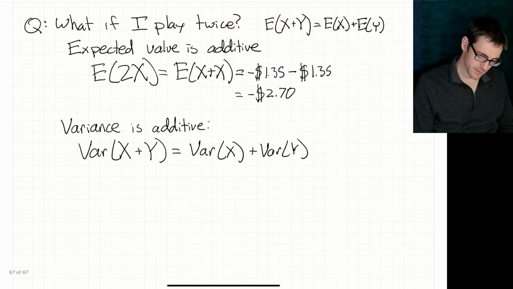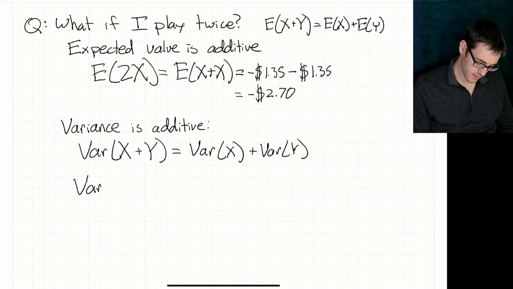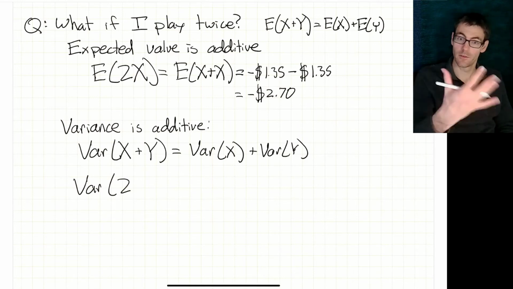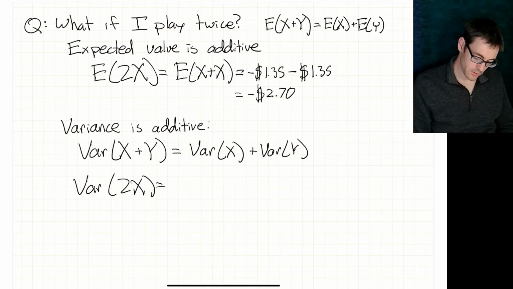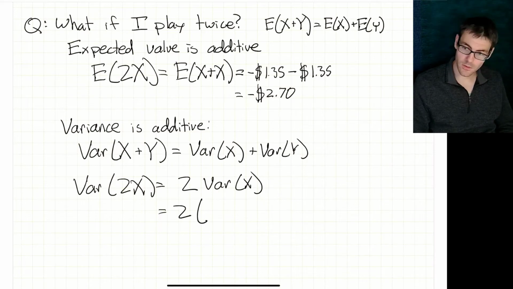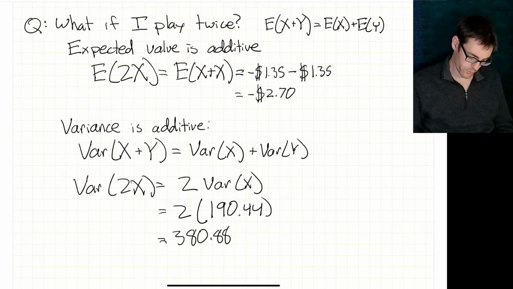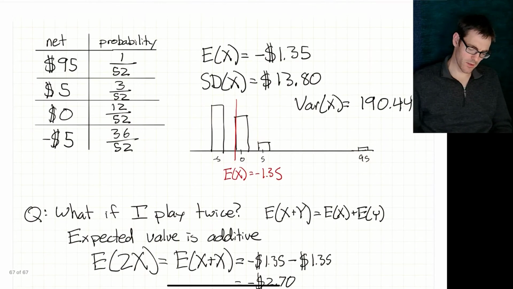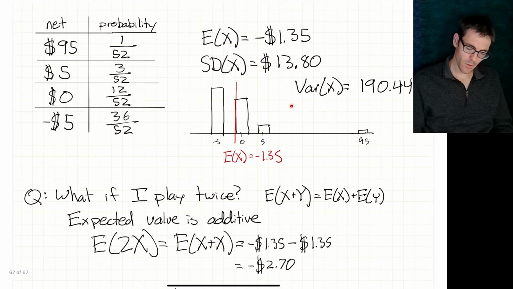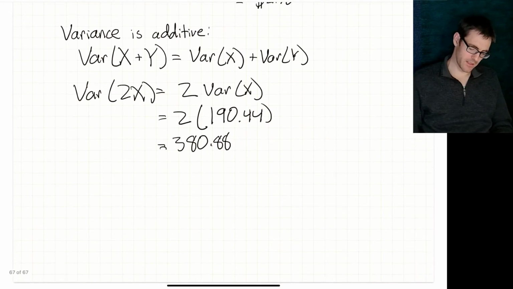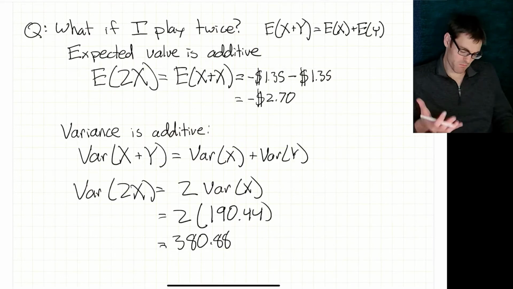So the idea is that if we want to know the variance for multiple instances, then the variance, in our case, of 2 of these games, well, that's just going to be twice the variance of one of them, which is 2 times, what did I say, 190.44, or 380.88. So the variance in our first example was 190, now our variance is 380, which is great, but